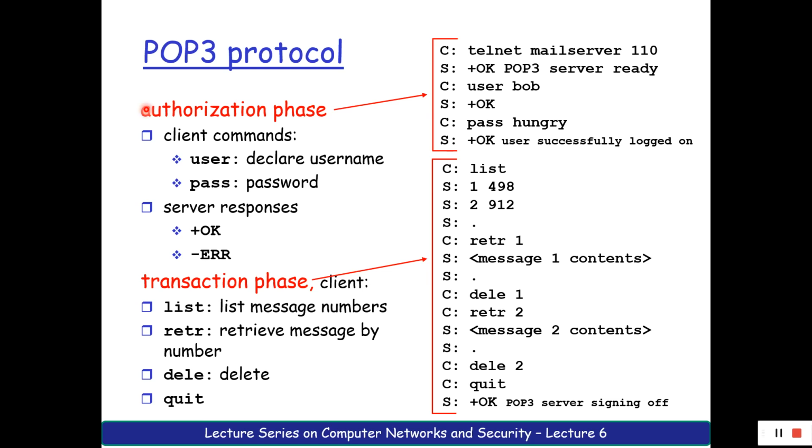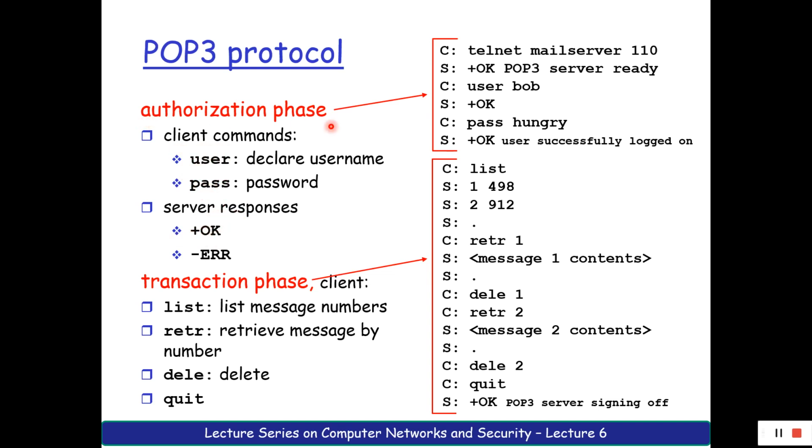What is the meaning of authorization phase? As the word says, it authorizes something. It is going to authorize or authenticate someone. Who must that someone be? The someone must always be the client. So who is going to authorize the client? The server is always going to authorize the client. The client sends information in terms of commands or requests to the server, and the server will respond back to the client's commands using responses.